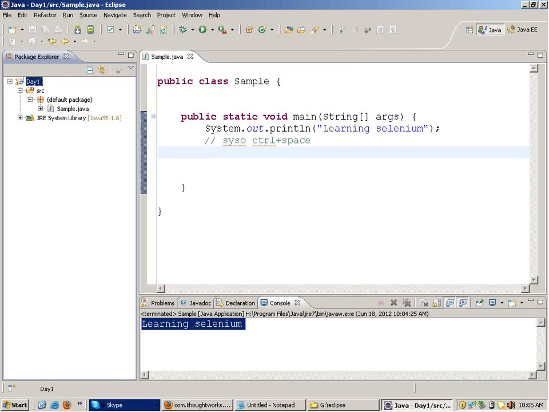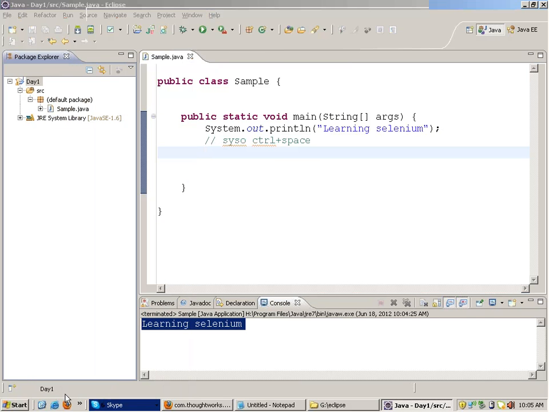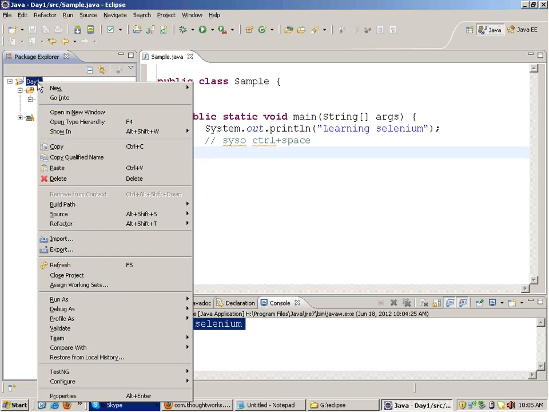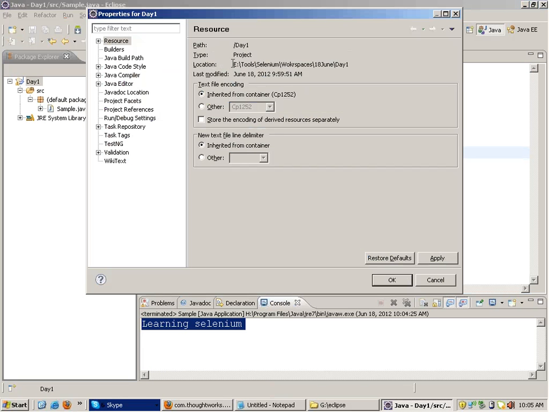Now this is my Java file, that is sample.java. This is inside the project day 1. If I right click on this project, go to the properties, right, that is, again I repeat, right click on the project, go to the properties. You will have the location where this project is lying. Alright, you copy this location,